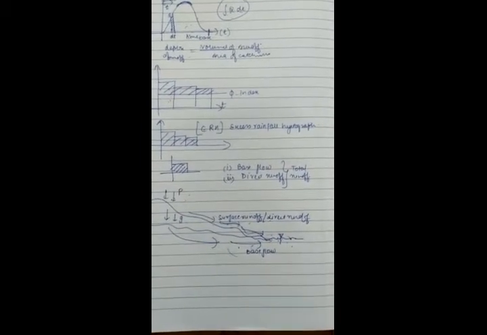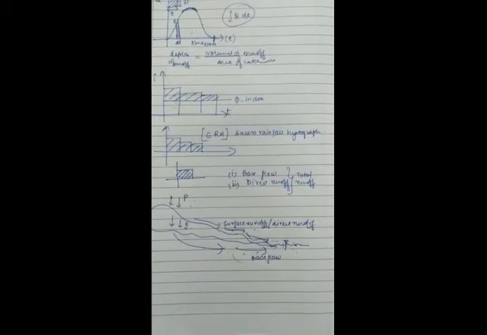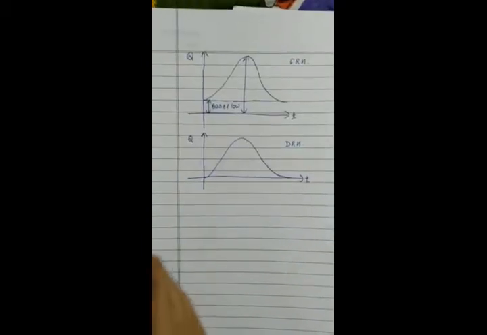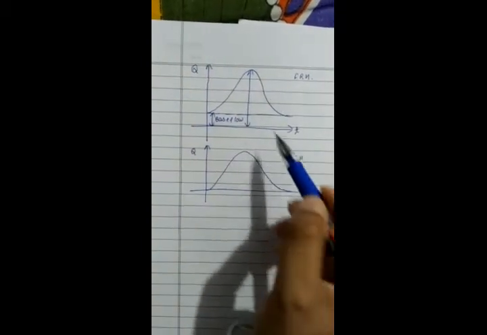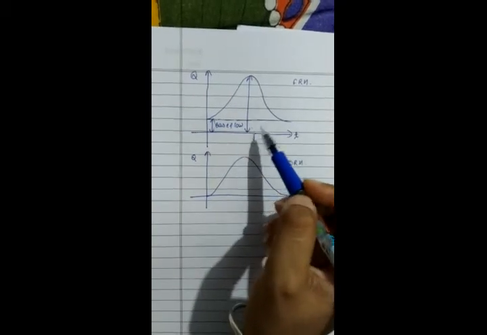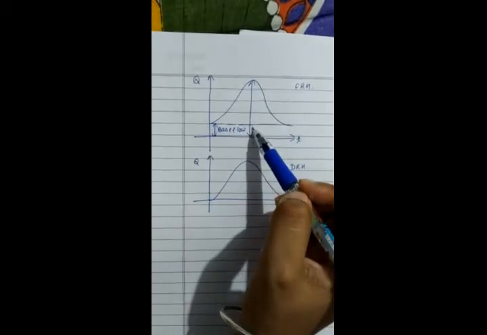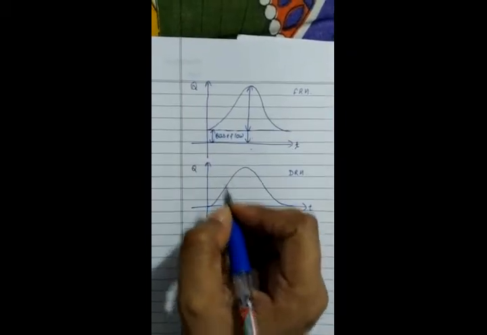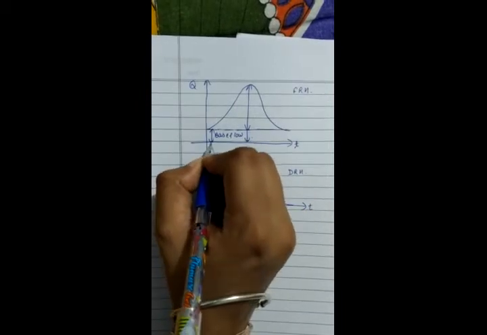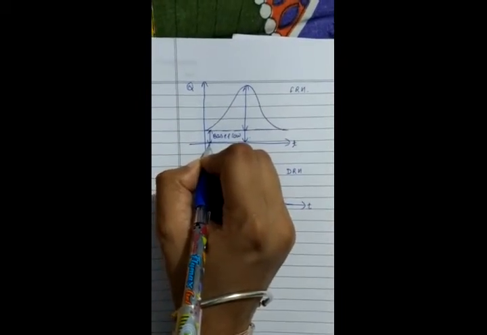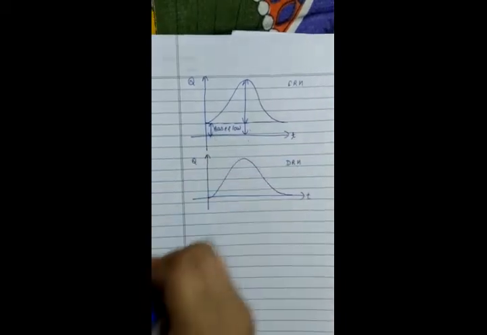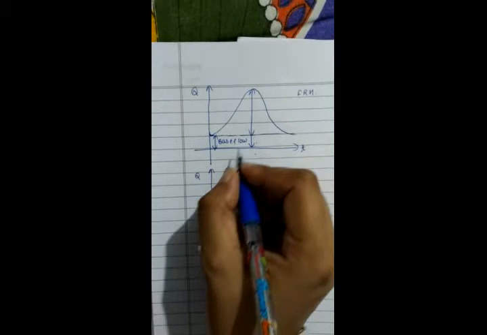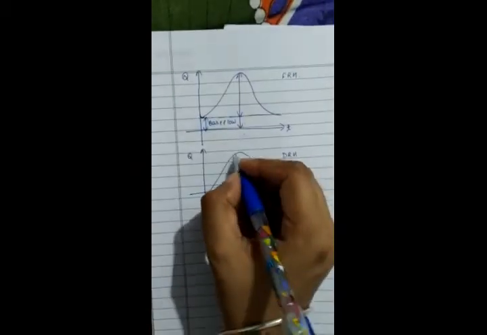Based on that, we have divided our hydrographs into two categories: direct runoff hydrograph and total runoff hydrograph, also called flood hydrograph. So here you can see I have drawn two hydrographs. The hydrograph drawn for the total runoff is direct runoff plus base flow. Base flow is that water which is contributed in the river by groundwater. So always, even before rainfall, some flow is there in the river, that is called base flow.